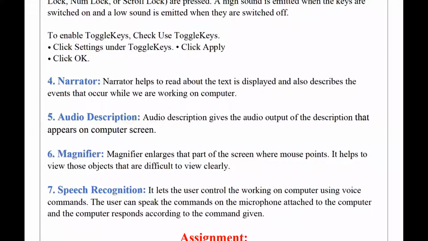So the user can speak the commands into the microphone attached to the computer or any kind of electronic device, as you can see on your Alexa, the Google Assistant, the smart watches. So they just process that command that you have given by voice, and then it responds accordingly. So this is how by using these kinds of tools, we can facilitate ourselves in a much more convenient way while accessing computers. So I hope that you have understood these tools.